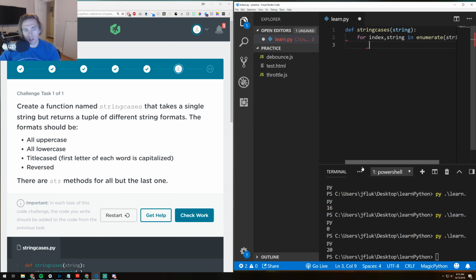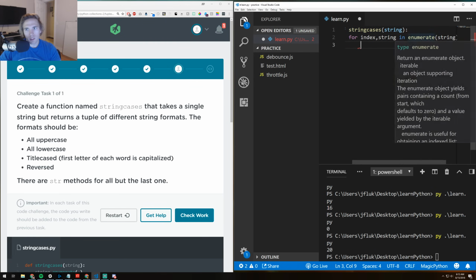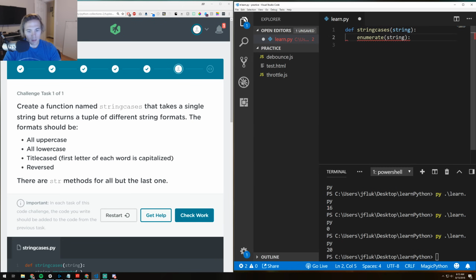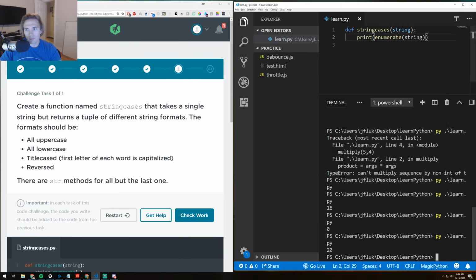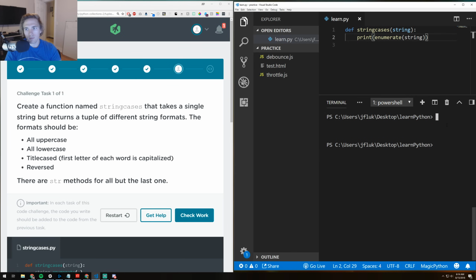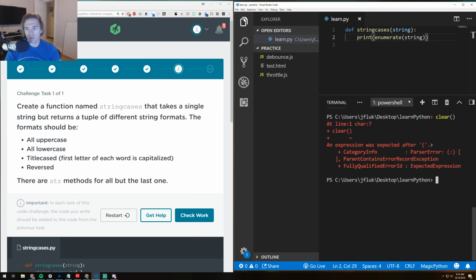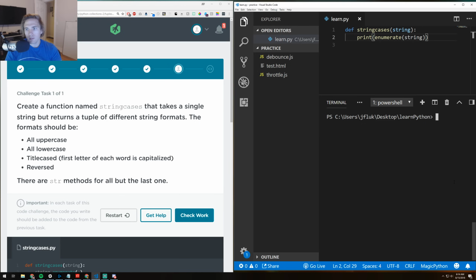I feel like this is a tricky question, or I'm just not getting it. The first letter of each word is capitalized. Why is this so difficult? So we just want to loop over this string, but we want to enumerate it, I guess. Let's just do this so I can remember how it's doing it. I don't know why it has two different clear. Why is it freaking out? There we go. And then